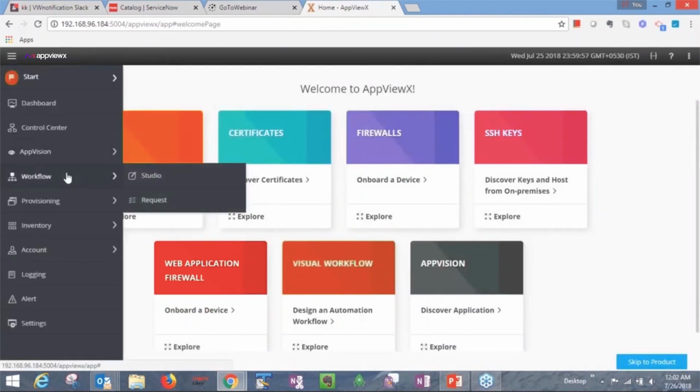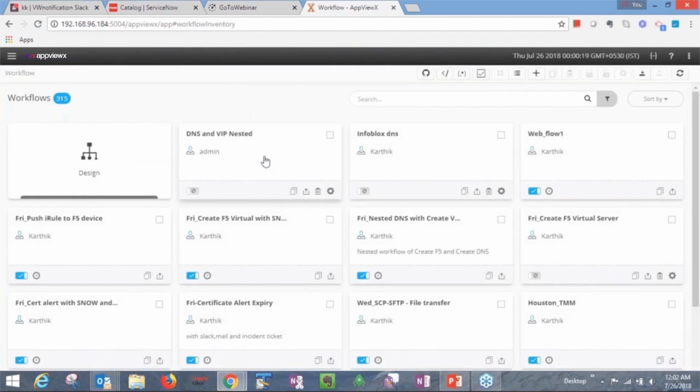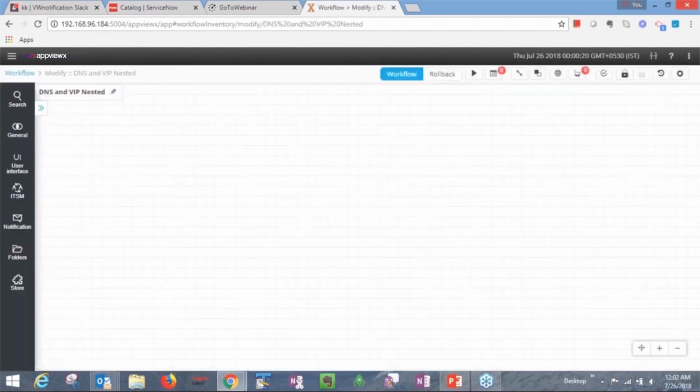So the workflow has... this is AppViewX. I've just logged into the AppViewX application. And on the left menu, you see workflow, and there are two primary facets to workflow. One is the studio, and the second aspect of that is request. So the studio is where you will be able to design simple or complex workflows, depending on what your automation needs,